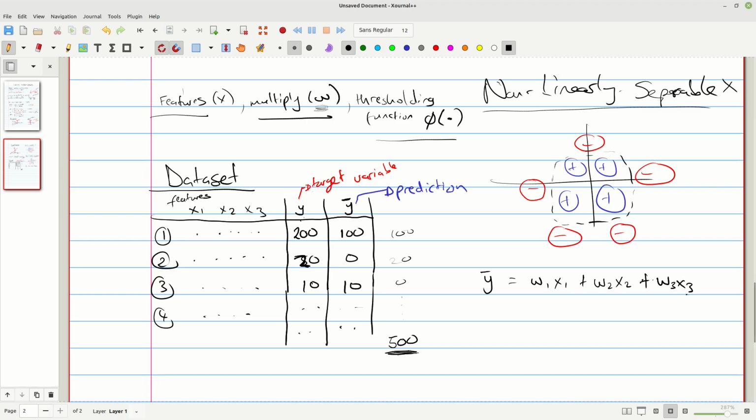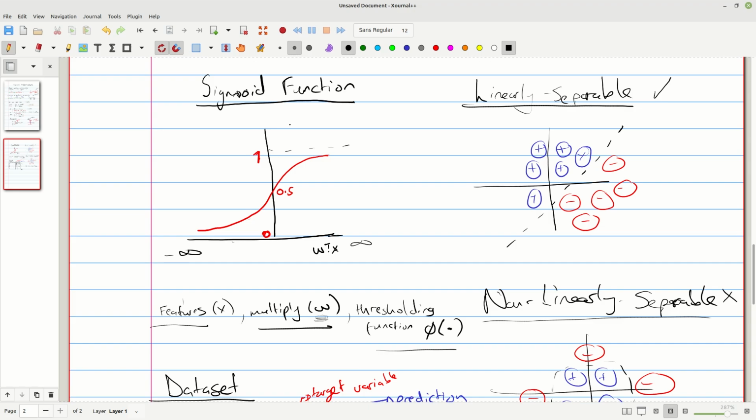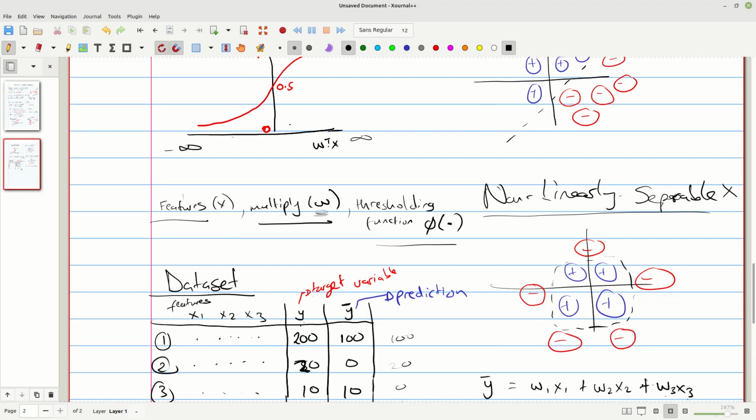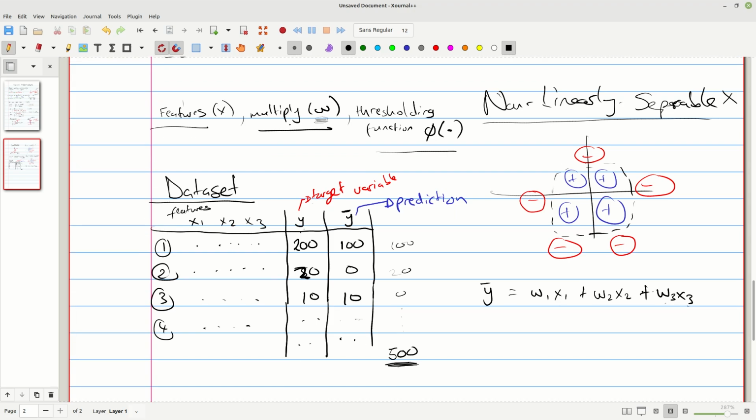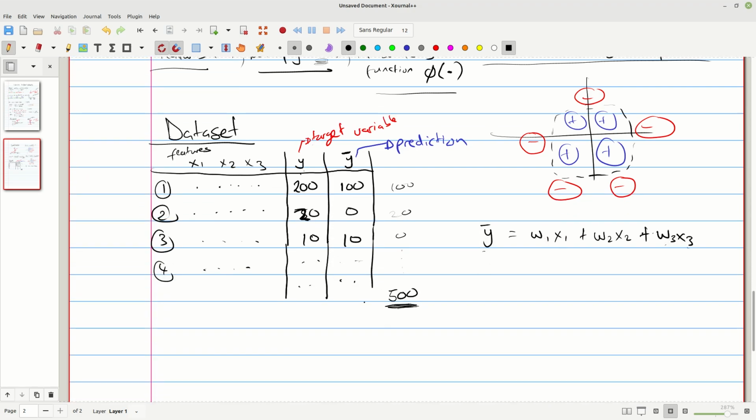So we're taking our features and multiplying them by some weights, and that's what gives us the prediction here. Of course, here we can apply a phi function, like a sigmoid function, which is called an activation function, but I don't want to talk about this right now. I just want to show the simpler case where we're solving a simple regression task. So this is our prediction. This is for a regression problem where we're predicting something continuous instead of a classification problem, but I'm doing this because it's much simpler in this case.